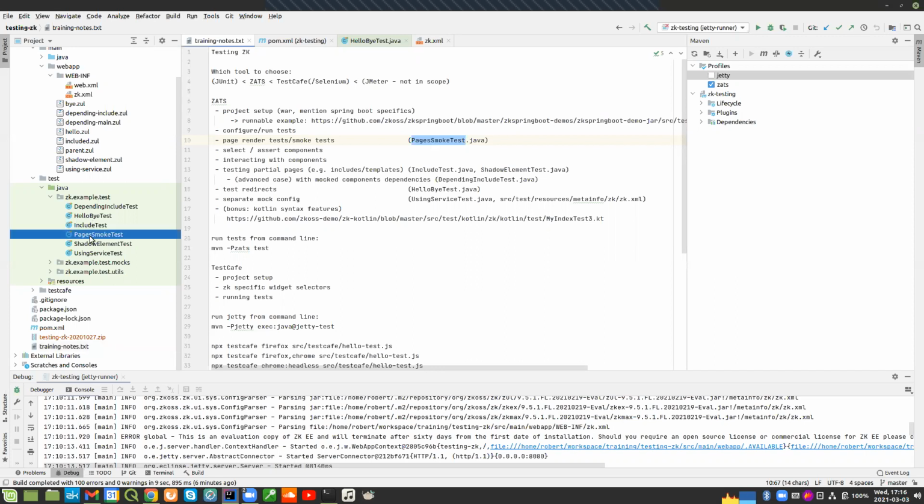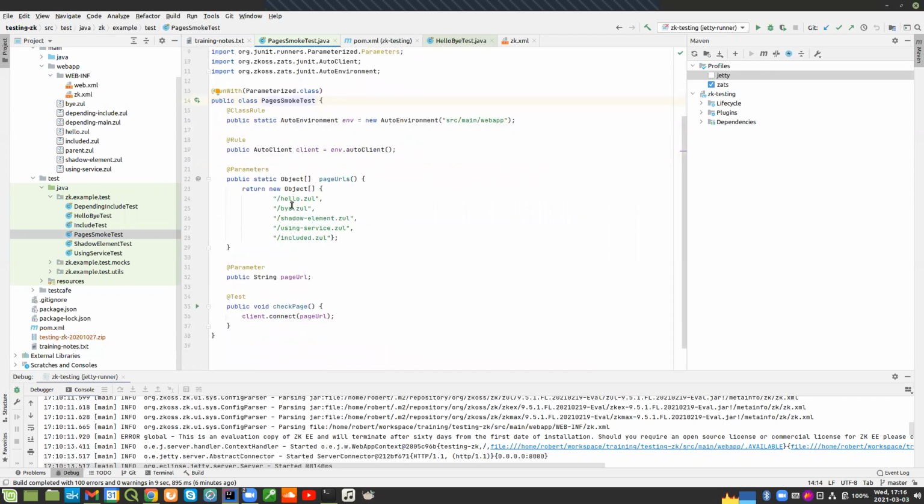These tests are very cheap to build. You just specify a list of URLs and let them render. By rendering these URLs, you know that all of these pages will render without failing on the server side. So for example, if we just run this test,